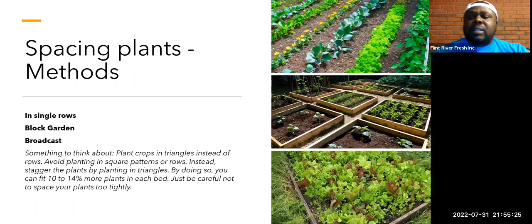So when it comes to planting and growing, one thing that we encourage people to look at is to think about your plant spacing. So we have like 3 ways that we encourage people to plant their crops. So number 1 is more the traditional, in a straight line. You have so many inches or so many feet apart for the different crops. We give instructions on how to do that. So you might be planting your collard plants 18 inches to 24 inches apart, or if you're doing a squash, like what I just mentioned,